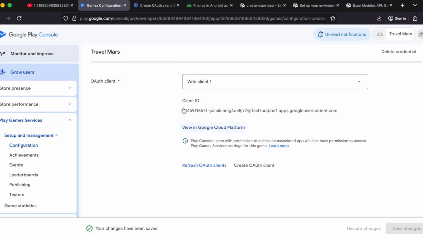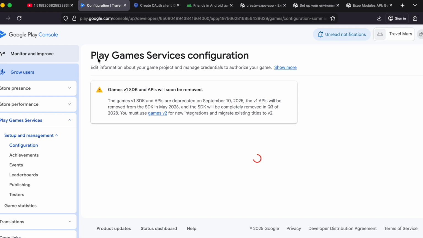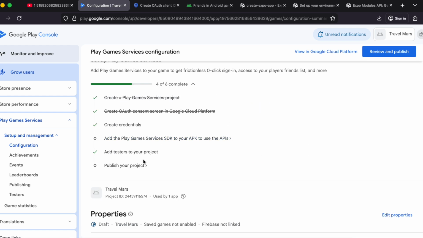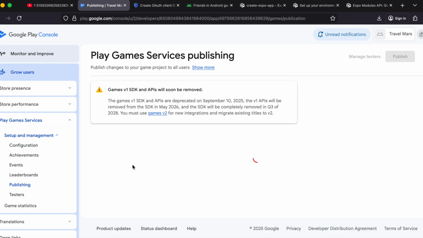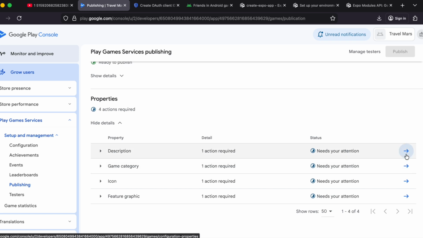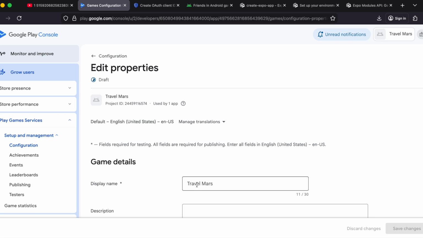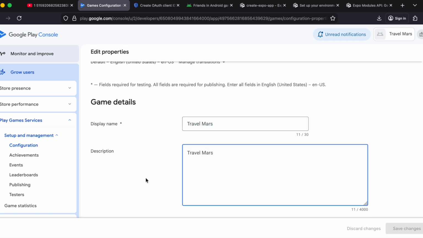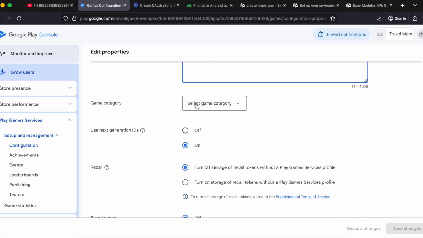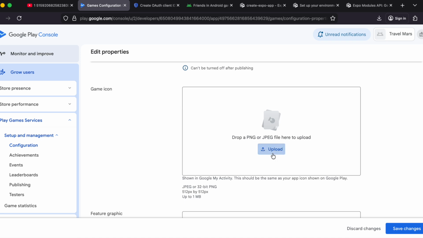Okay, and then here I'll just go back. Here I'll just click on publish your project. We won't be publishing it, don't worry, because there are a couple of steps still pending. So here I'll just click on this description thing, and here I'll just copy this display name. I'll scroll down, I'll paste it over here, and here I'll just select game category, click on action. Okay, and here I'll just click on upload,